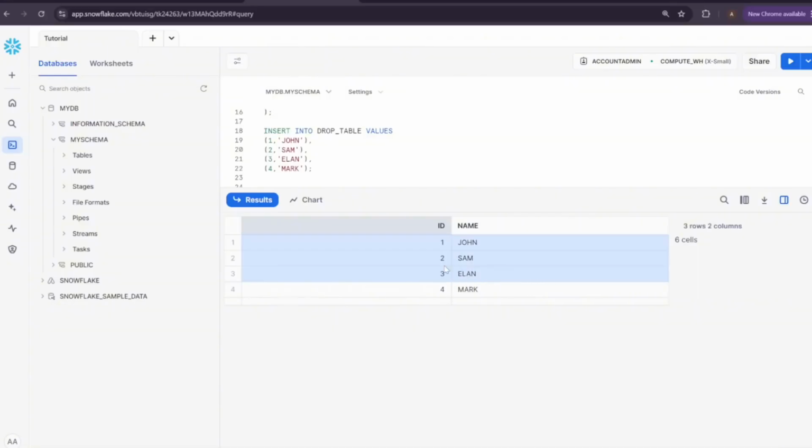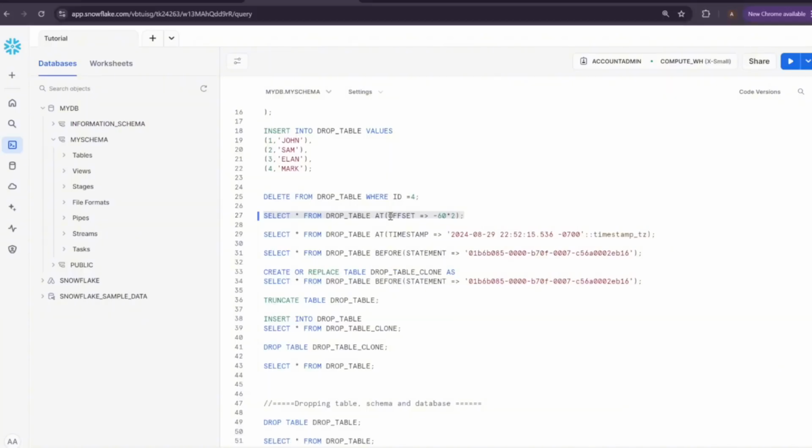This is happening because Snowflake has stored both versions of the data, right? One where we have the ID 4 and one which does not have ID 4. Both versions of the data are sitting in Snowflake in the micro partitions, and that's why we are able to access this data. Now this is with the offset, where we are specifying 5 minutes before, 10 minutes before, what was the state of my table. Let's say at a particular timestamp, if I want to check what my data was at that timestamp,